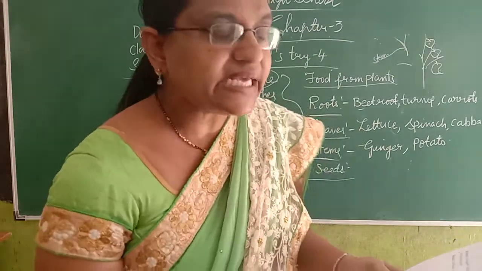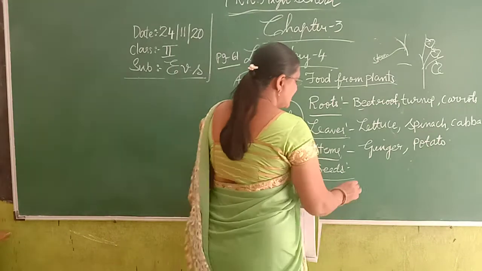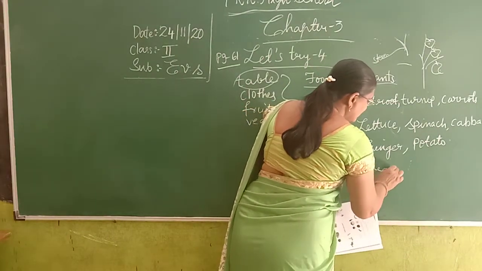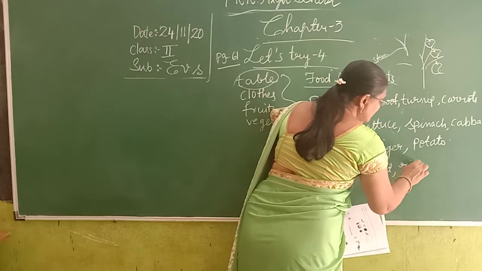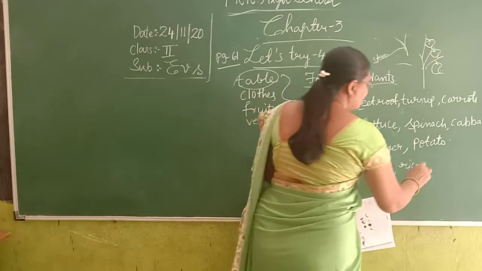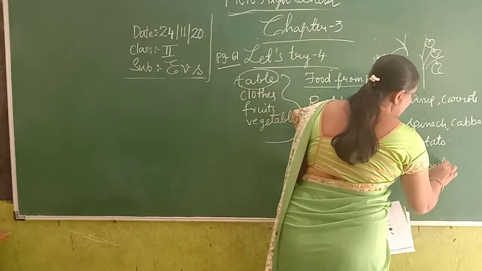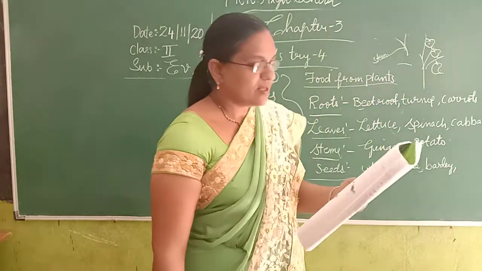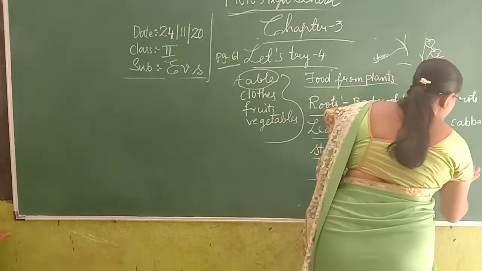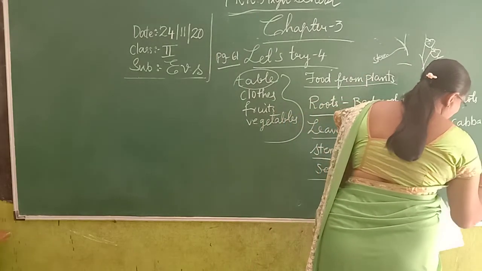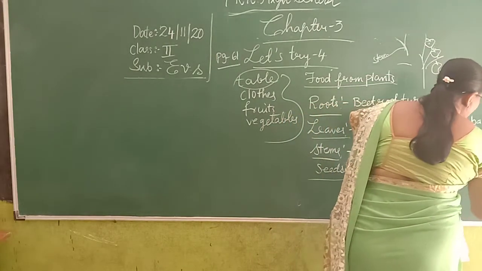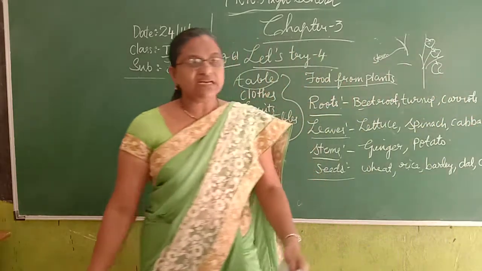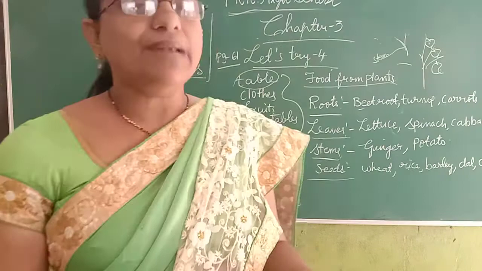And the rice. So rice, you know what is the rice? Rice is also a seed. And the barley. So ask your mama to show the seeds of a barley. And the dals, pappu, and the cashew nuts, kaju. When you eat along with the sweets, no, kaju. These are all the seeds of plants.